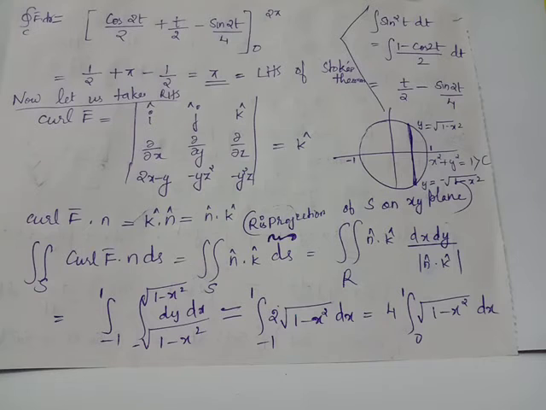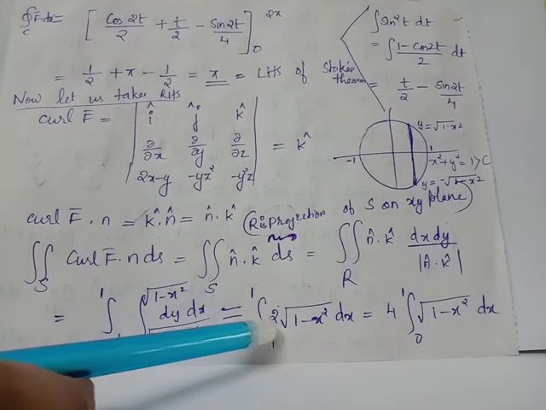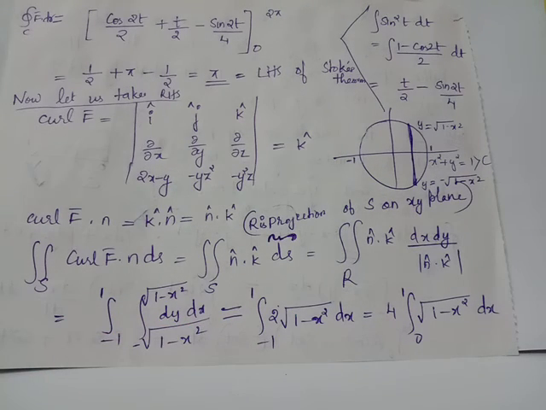When you carry out this double integration, you will get an integral of the form minus a to a over an even function, which can be replaced by 2 times the integral 0 to a. When you consider the integral of dy, it becomes y, whose upper and lower limits are these two expressions. When you consider upper limit minus lower limit, you will get 2 times root of 1 minus x². Notice that this integrand is an even function of x, and the limits are of the format minus a to a. It can be replaced by 2 times the integral 0 to a.